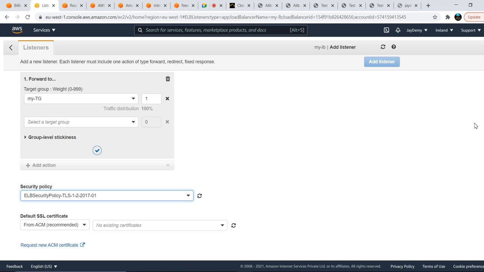And you see here, without ACM or SSL you can't create. ACM is AWS Certificate Manager, it is the recommended one. Or if you want to import your own certificate for this particular domain, if you already have an SSL certificate, you can import it, or else you can use AWS ACM. That is the recommended approach also.